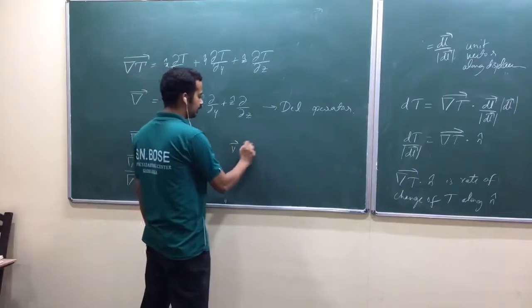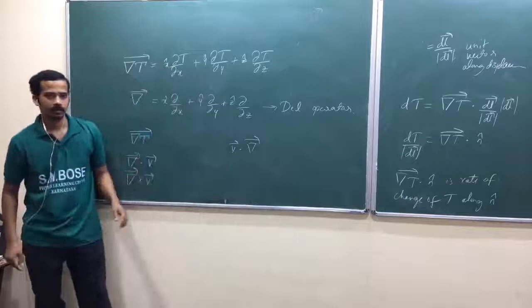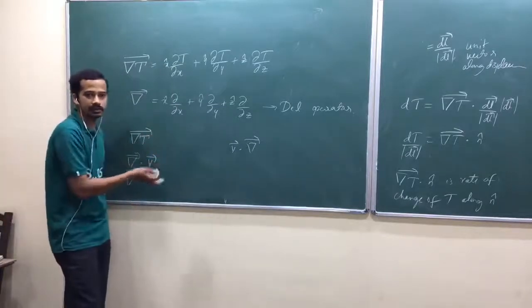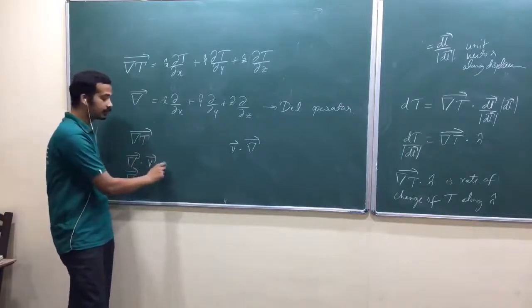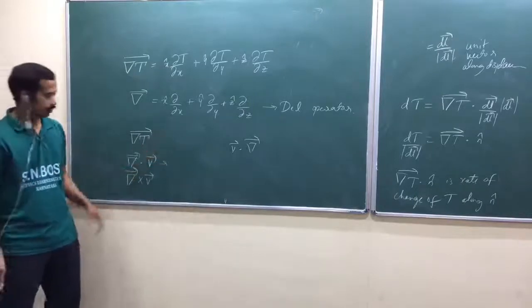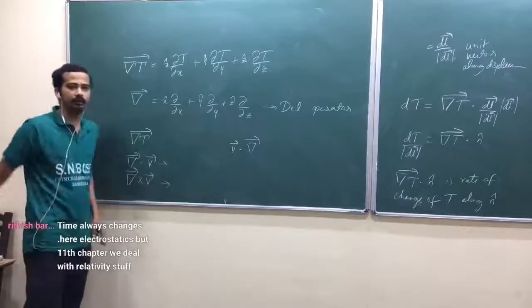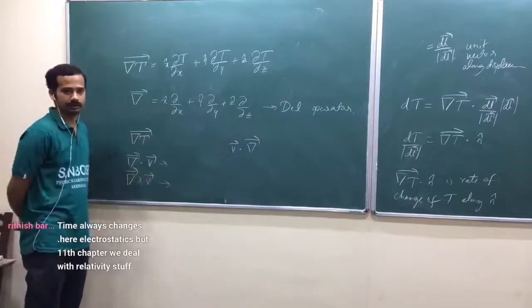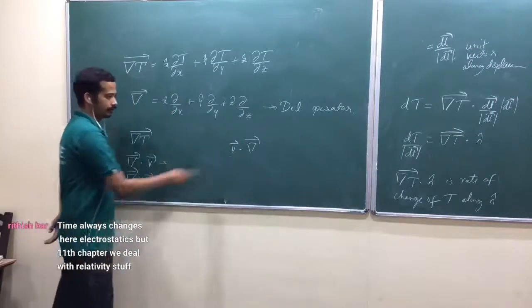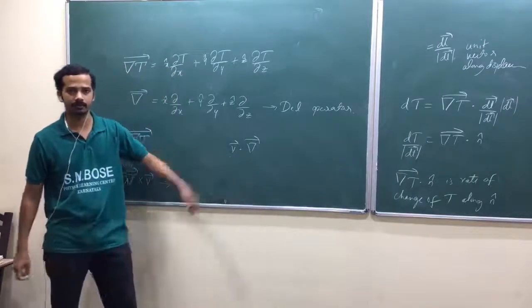So V dot del is also possible, but V dot del becomes an operator again. Remember, del T is a vector, the gradient of a scalar, that's a vector. Divergence of a vector is a dot product, that's a scalar. Curl of a vector is a vector. Similarly, you can define this one also somewhere in future in the theory. This is again an operator, okay? Whenever I need it, let me define it.